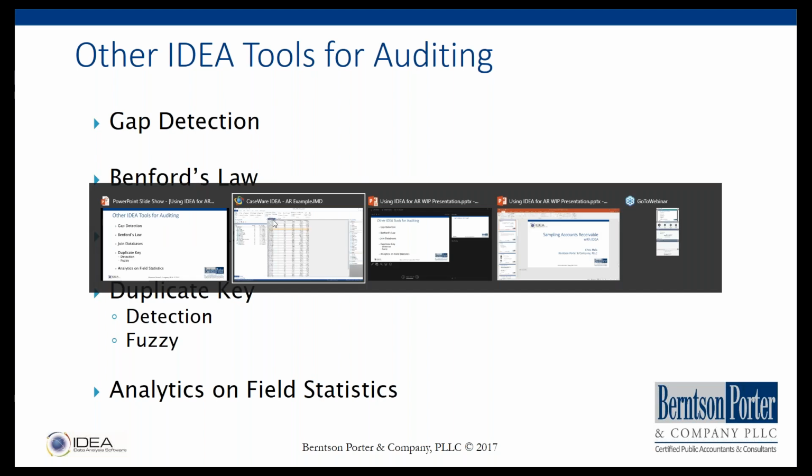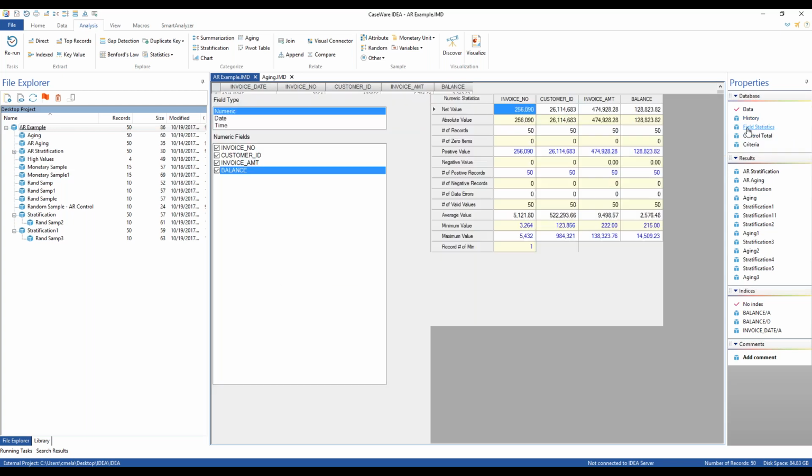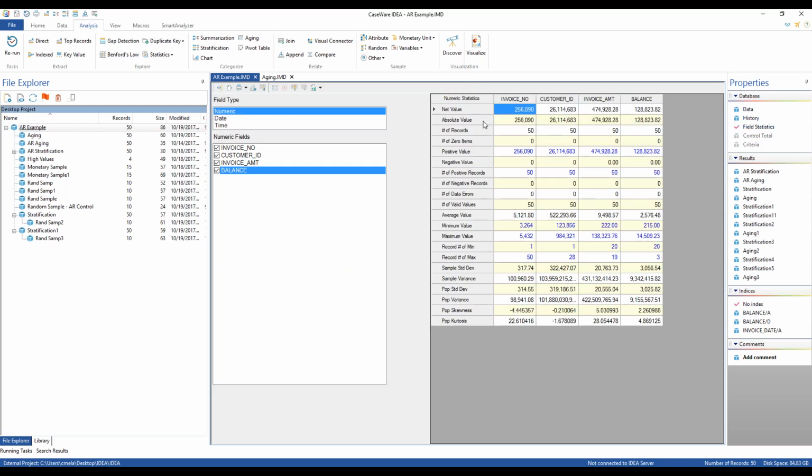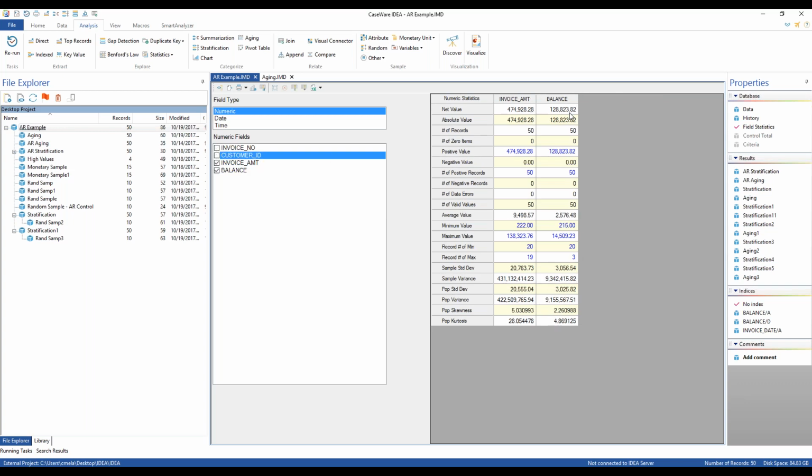And then the other thing that I just want to real quick show you is the field statistics analytics. So we kind of jumped back over to IDEA here, and we talked about the data and the history, but there's also this field statistics tab, and this allows you to just at a quick glance see some high-level analytics on your database. So it shows you, if we're concerned primarily with the invoice amount and the balance, it shows you what the net value of those are, how many are in each,